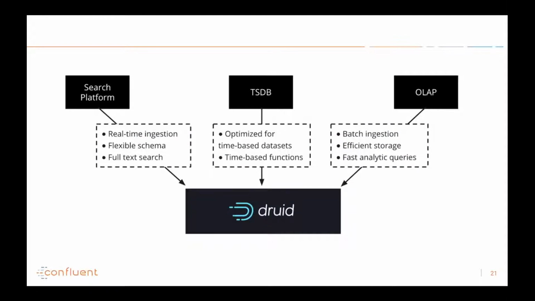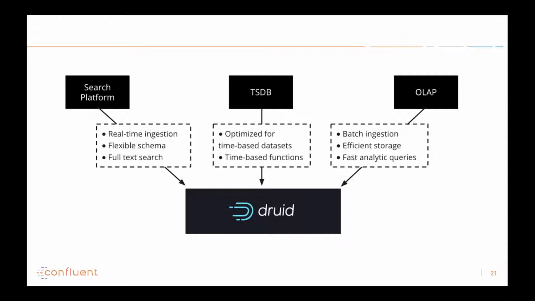So about 5 years ago, a company called MetaMarkets is dealing with ad tech data. And ad tech data definitely falls into this category of very real-time data that's coming in fast, a lot of it, and that they need to make decisions very quickly in order to change what ads are being shown, or make decisions in real time. But at the same time, the advertisers want to see the type of spend and they want to be able to do analytics on it. So it needs to be tracked with existing data.